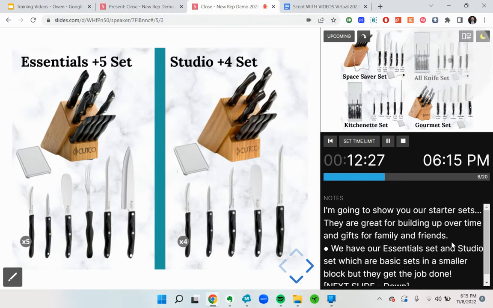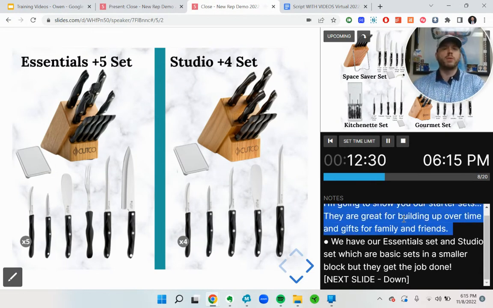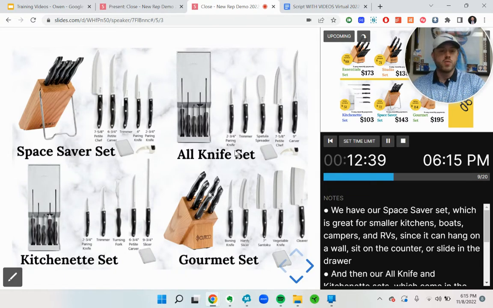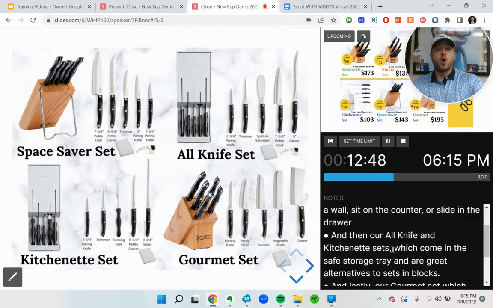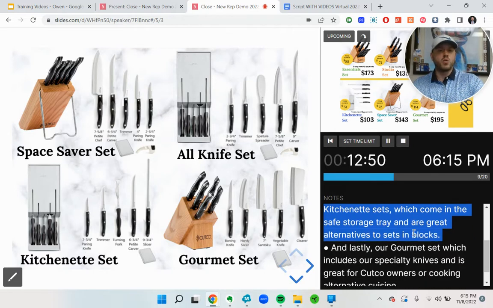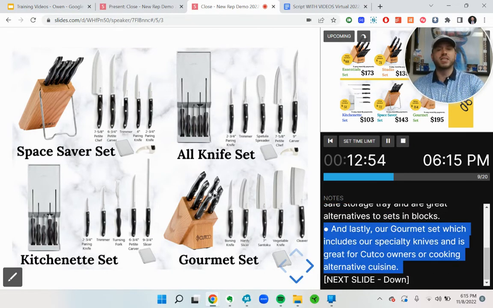But we also have other starter sets, right? Which are great for building up over time and gifts for family and friends. So we have our Essentials +5 and our Studio +4, which are basic sets in smaller blocks, but they get the job done, right? We have our Space Saver set, which is great for smaller kitchens, boats, campers, and RVs, since it can hang on the wall, sit on the counter, or slide in a drawer. We have our All Knife and our kitchenette sets, which come in our safe storage tray and are great alternatives to sets and blocks. And then lastly, we have our Gourmet set, which includes our specialty knives and is great for people who own Cutco already